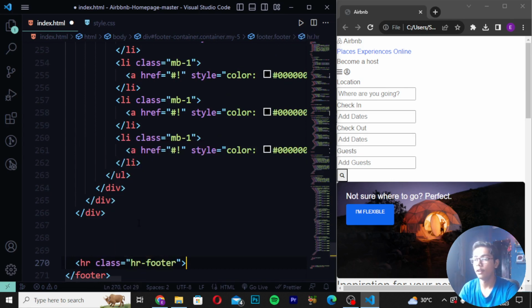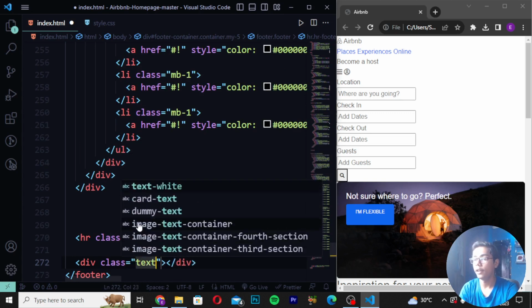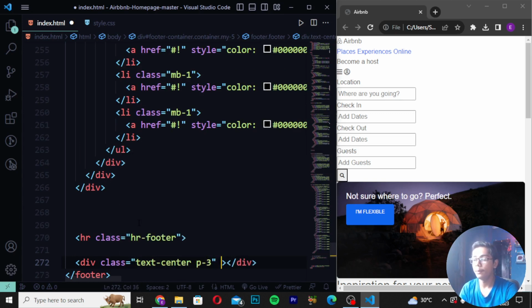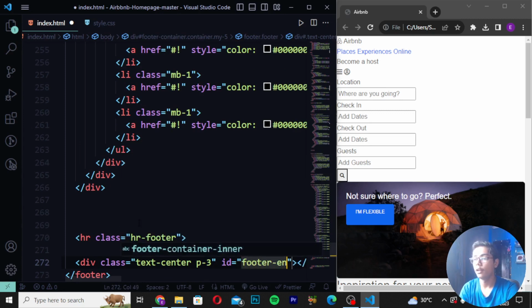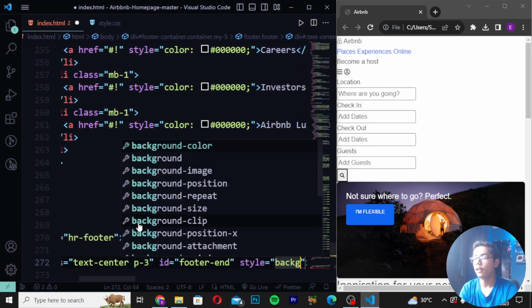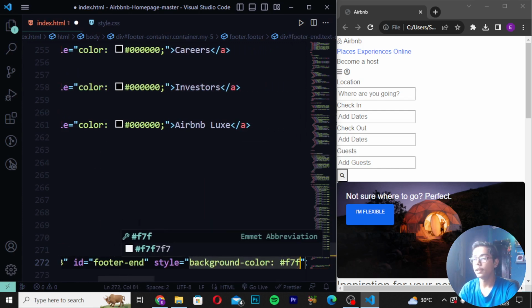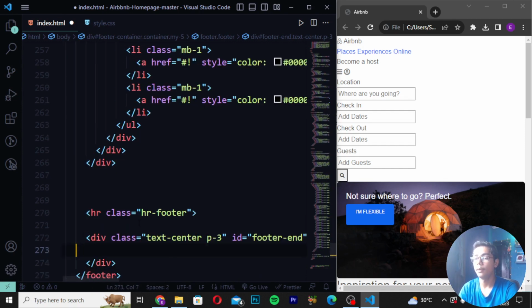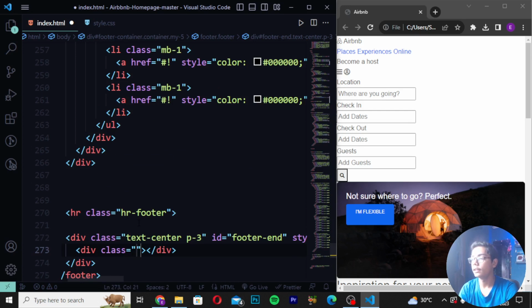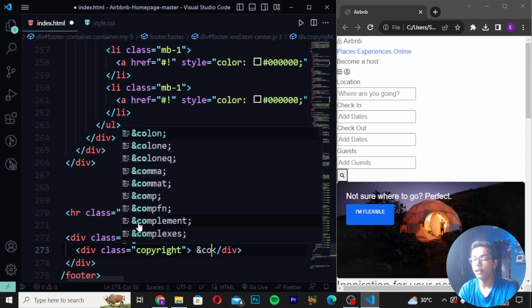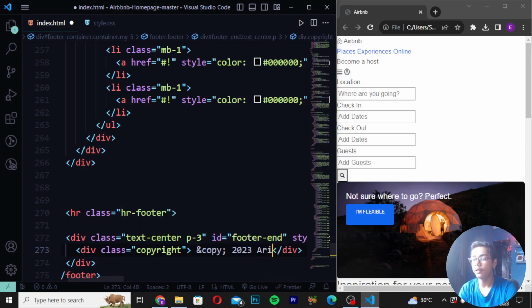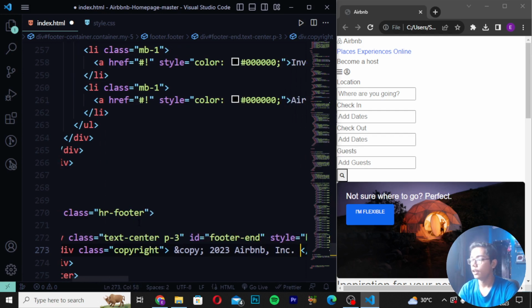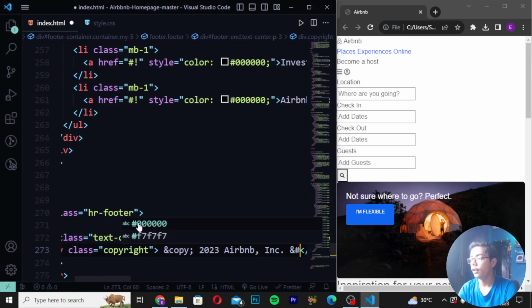Then here I will be writing footer and create div class, and I will be now writing here tag center. Then you have to now just write here p3 id, and I will be now writing here footer, and then you have to create the style background color, and I will be now just writing f7 f7 f7. Then here you have to now just do one thing, you have to write here div. So here I will be now just doing one thing, I will be writing div class and write here copyright. So here I will be now just writing and write here end copy, and write here 2023 Airbnb. So here I will be now writing comma inc dot, and then I will be writing and hashtag 183, then